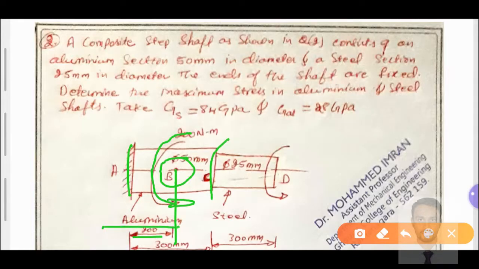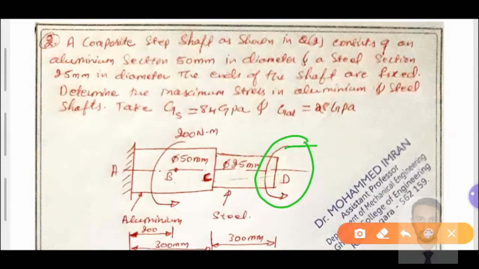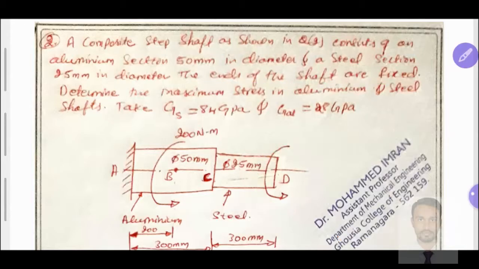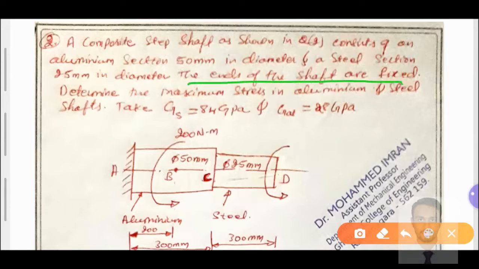Similarly, at point C, the end corner of the aluminium material is free, and then step number 2 starts with the steel material and ends at point D. There a torque has been applied, but no value of the torque is given, that is equal to 0, to confuse the student. He has given that the ends of the shaft are fixed. Don't be confused. Read correctly. This should be a fixed end, torque equal to 0. There is no value. Instead of fixed, they have applied the direction of torque without values.